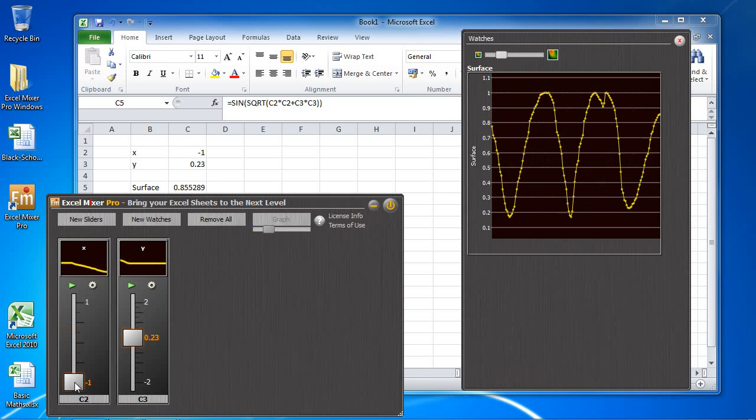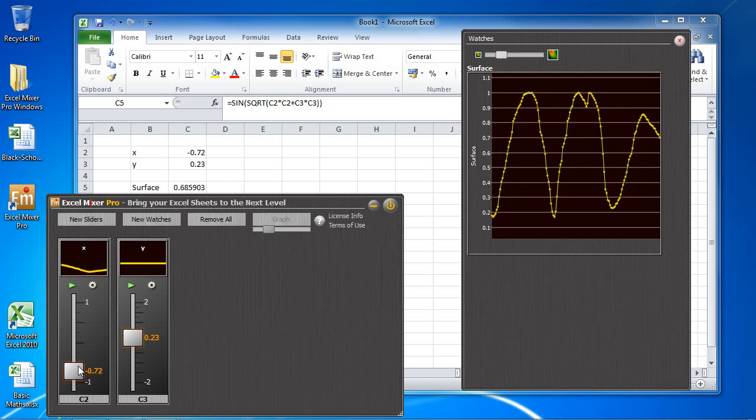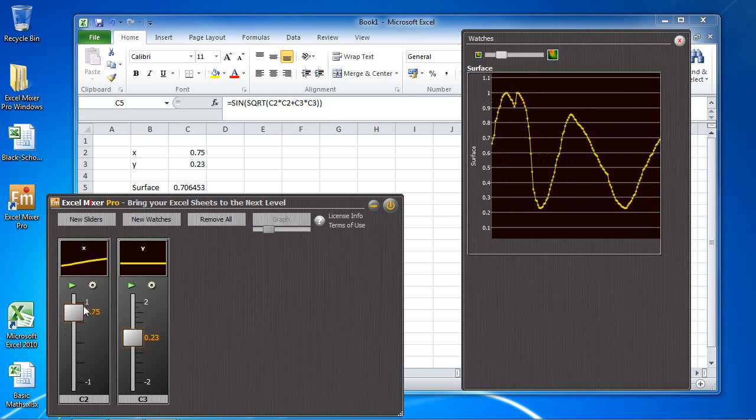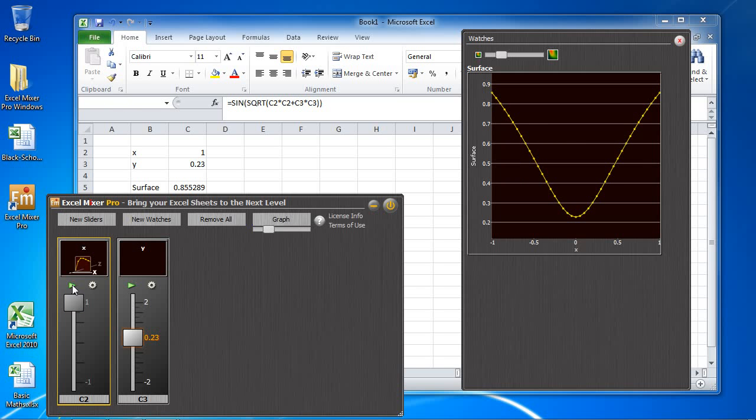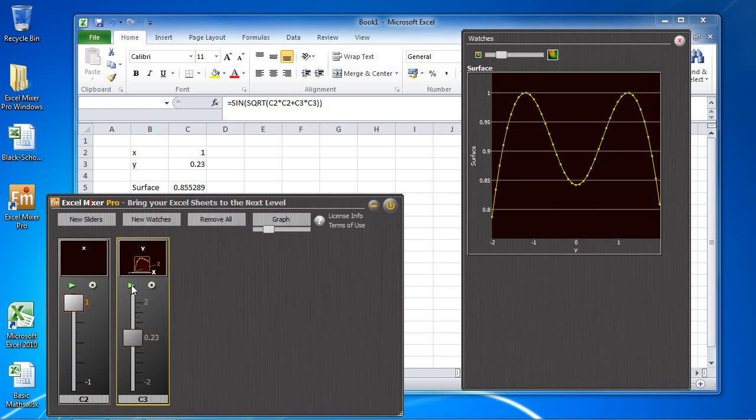Now I can be interested, for example, in seeing what is the shape of the curve if I go from -1 to +1. So I can do it, but better, I can click here, go through the full range, and I'll see the shape of the curve when X goes from -2 to +2. I can do the same for Y and see the shape of the curve as Y goes from -2 to